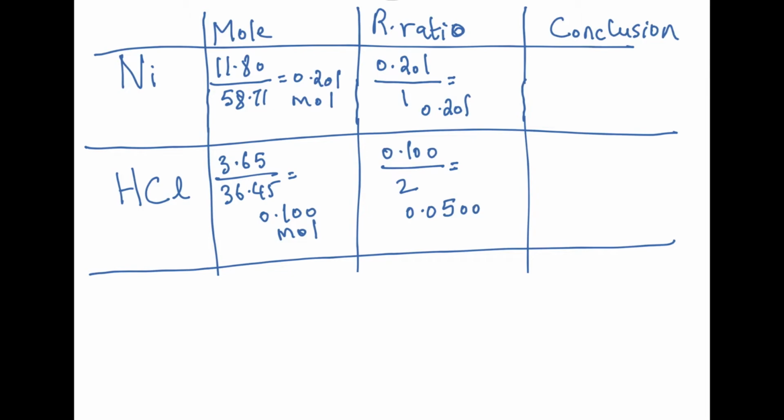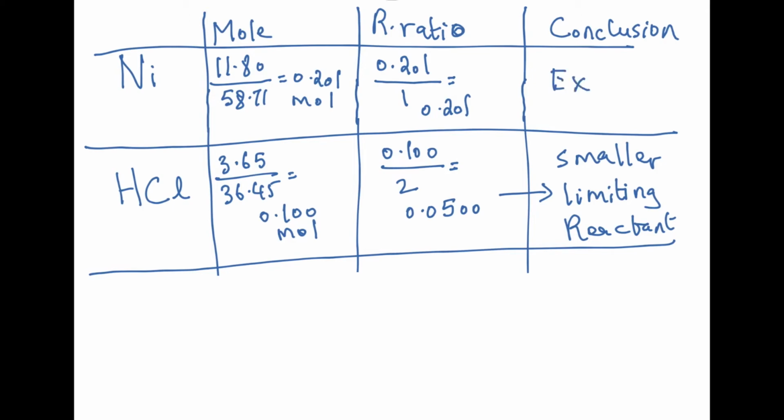0.0500. Now that we have got this, you look at which of the two numbers is smaller, and you can see that this is smaller, so that means this is the limiting reactant. Okay, this is the limiting reactant and this is the excess. Now that we have found the limiting reactant,